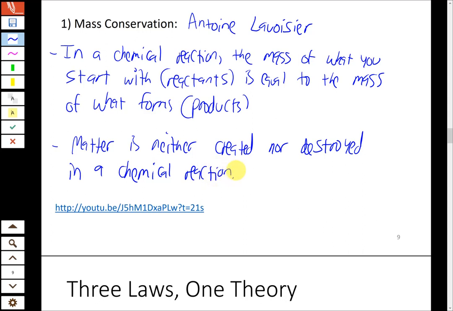That's probably the most straightforward of the mass laws, and we've probably heard of it in some context before. Matter is neither created nor destroyed. If you do a chemical reaction, the mass of reactants equals the mass of whatever products you get. So I don't think there's much more we need to say about that one. Now the next